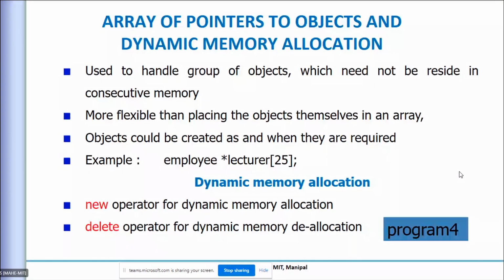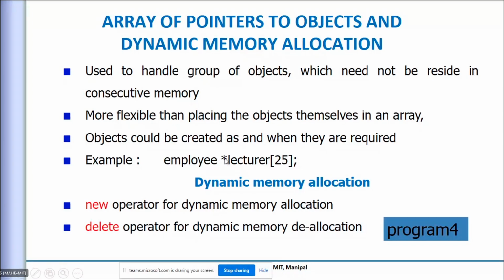Now what is this array of objects? This is a pointer. Once the array is there, I am referencing a memory there. So I can use a pointer also. We'll see more on this. To handle a group of objects, we need not use consecutive memory; I can have a more flexible way of that. We'll see this. Now what is the change in this? I can use a